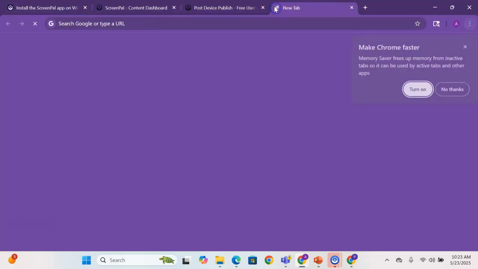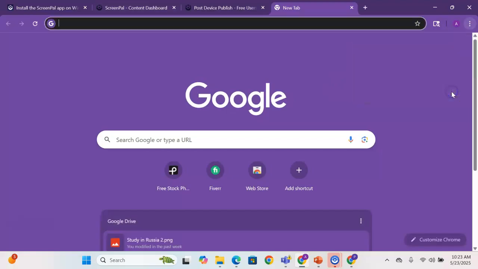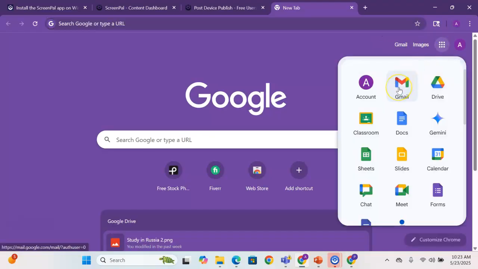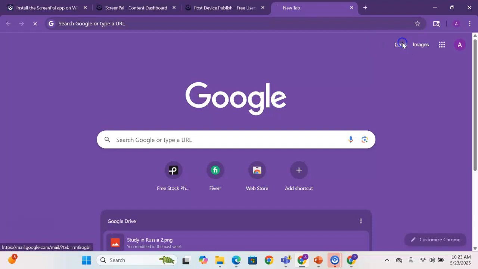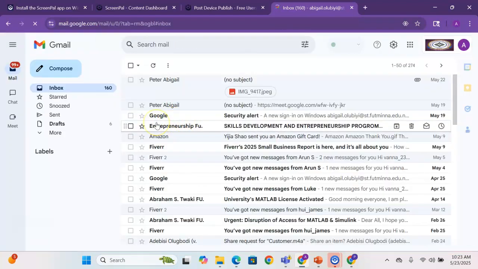Like I said, you hit this plus sign. Once you hit it, if you click on this, you could go to Gmail from here, or you just click on this place and it's going to load your Gmail account for you. So now let's go to